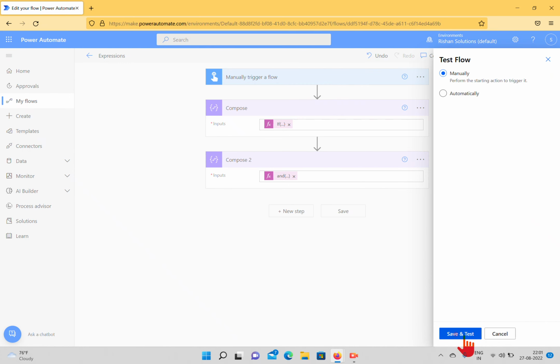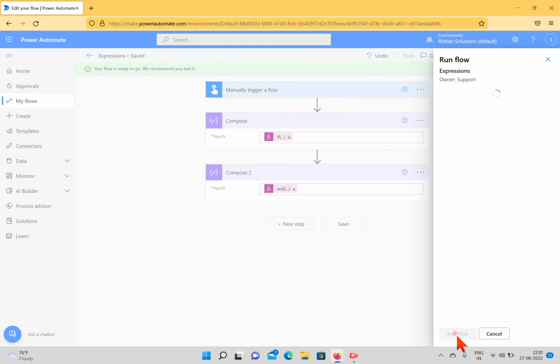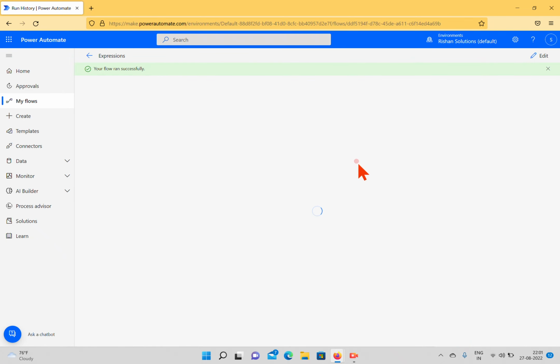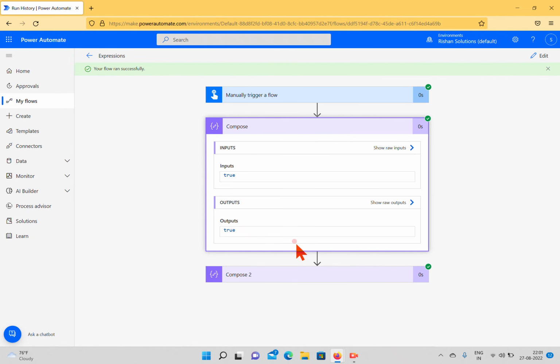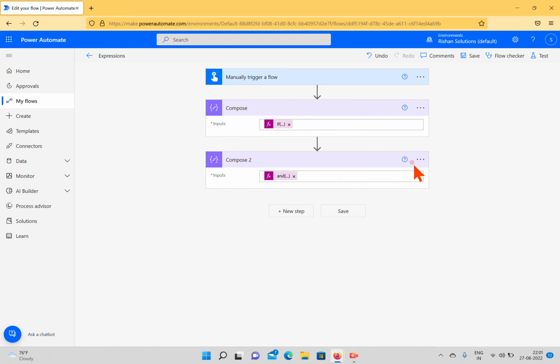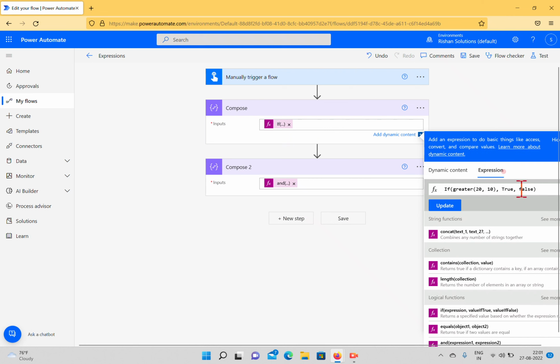So when I click this one, we'll try to run this manually. Now you can run flow and click done. Now when I click this one, which is true, now the output is true. If you wrote something false, then the output will be false. So this expression, same as in Power Apps, you can use the same if statement here in the logical comparisons, and you can write a statement. If the statement is true, it will work, or otherwise it will fail,